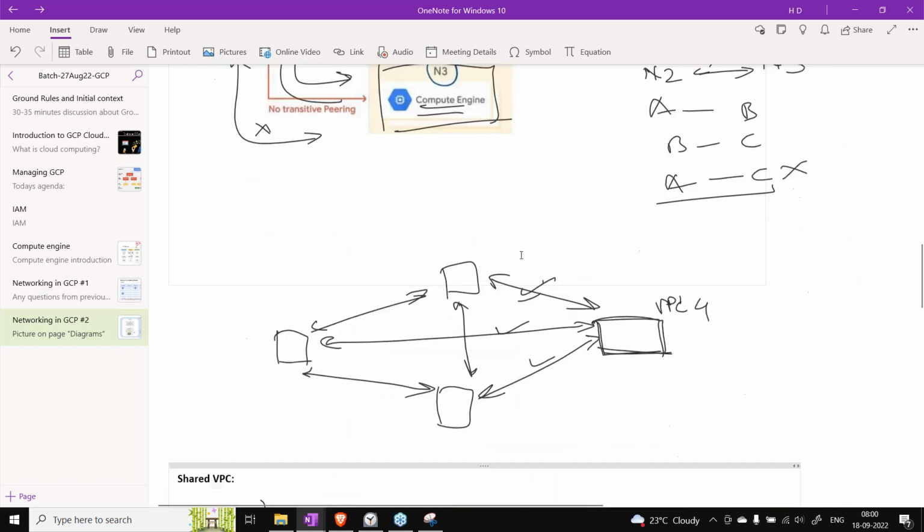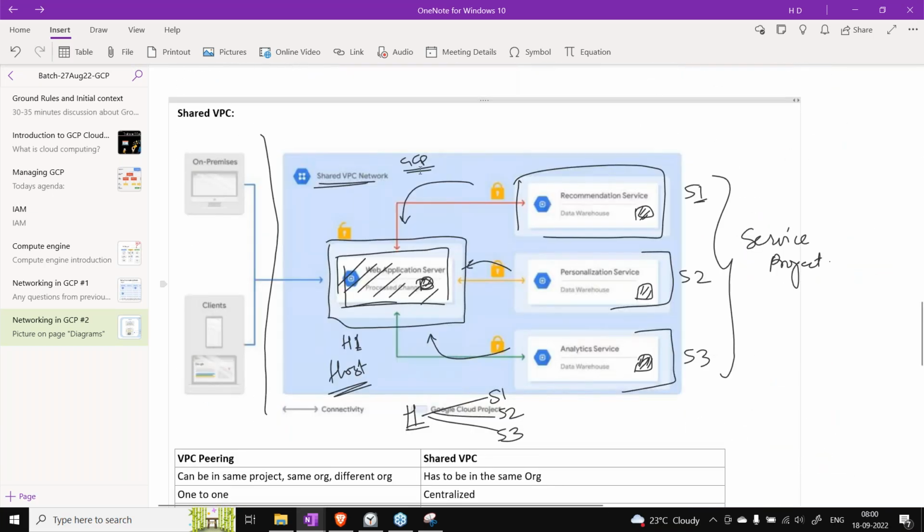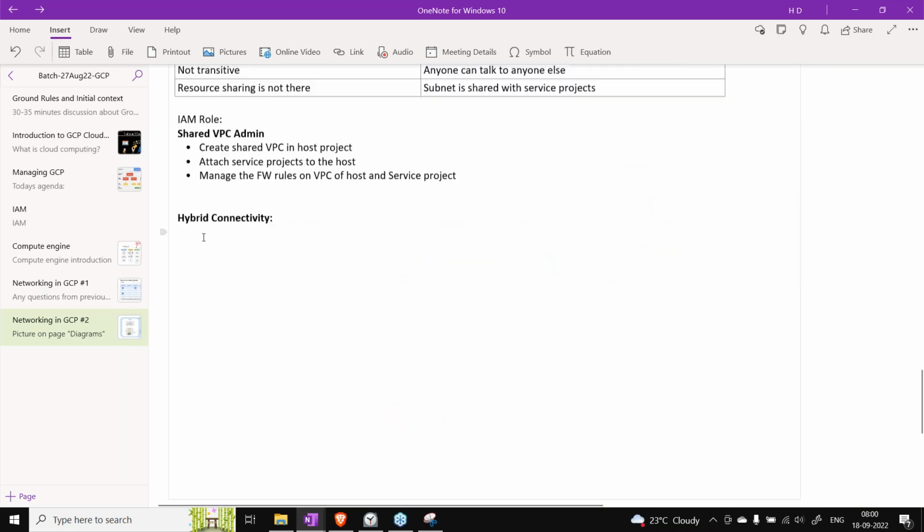Shared VPC also has to be in GCP, but it is always under the same org between different projects. Now since we are saying hybrid connectivity, this is between on-premise and your GCP cloud, Google Cloud. So this is what we are going to cover next.